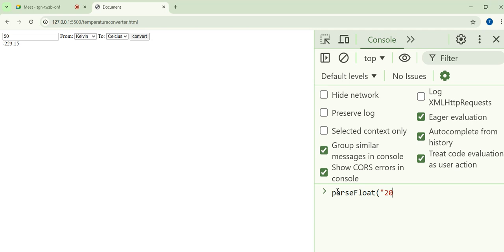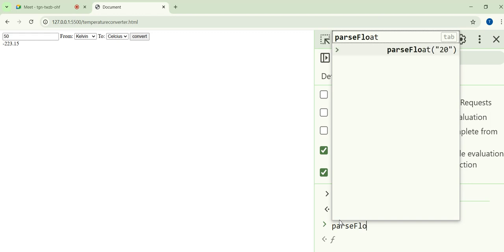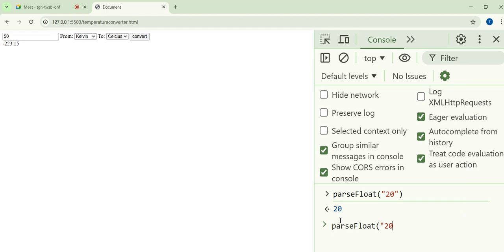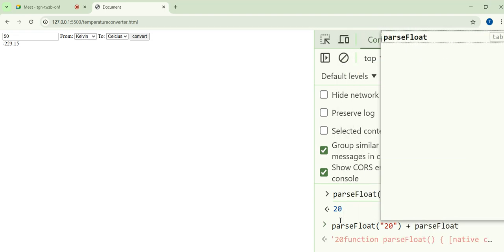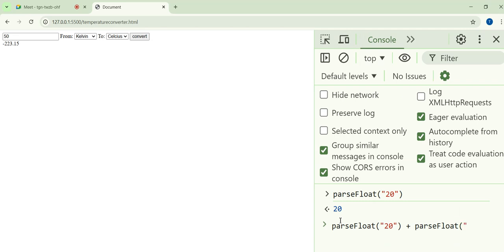20, check the results. That will be 20.0. What's parseFloat 20 plus parseFloat 15.2? That gives 35.2. 35.2. If we do the same thing with parseInt,